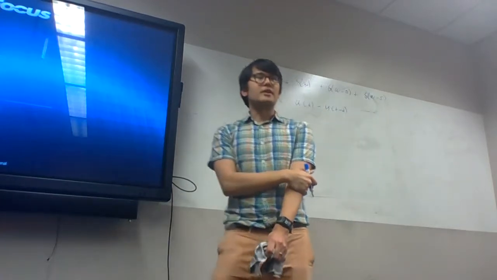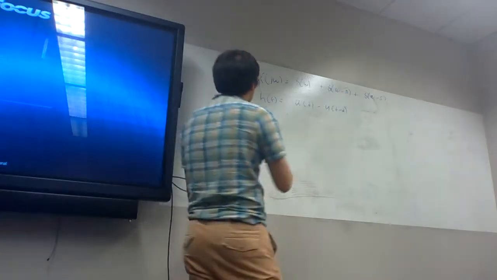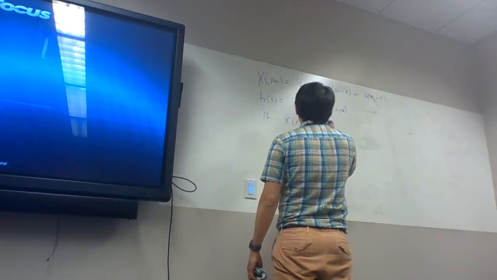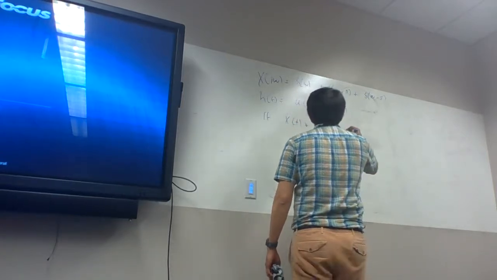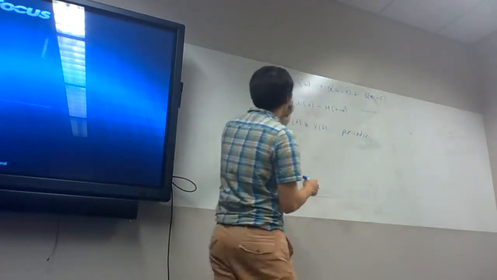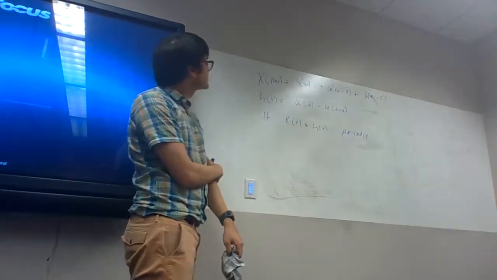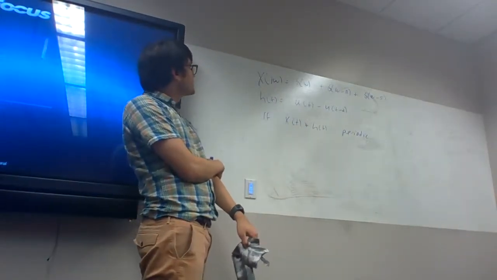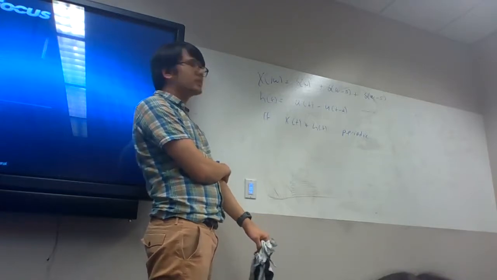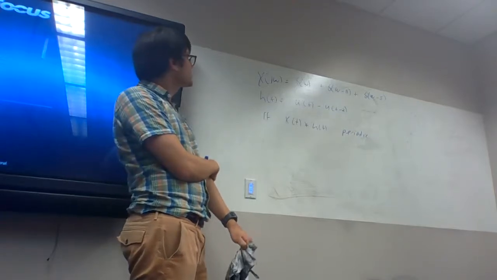Cool. All right, and so then it's asking: is the convolution periodic? Is x of t convolved with h of t periodic? All right. So what we would see here, if we had something that was periodic, one of the things that we would see is that